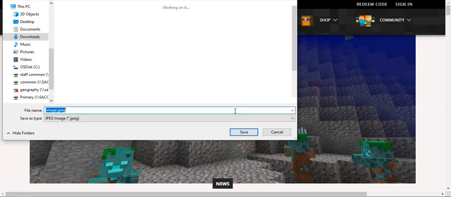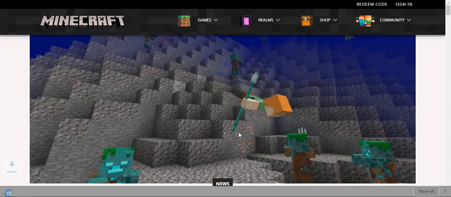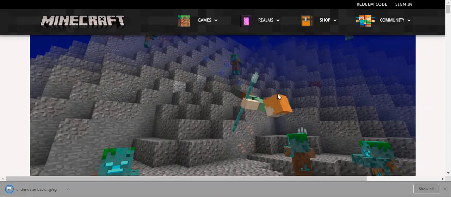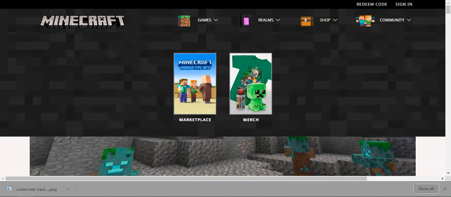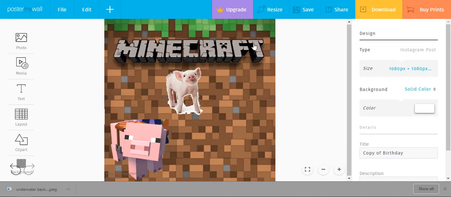Okay, and maybe give it a proper name. Underwater. Okay, click Save. All right, now once I've done that, I can go back to my project, other tab, and now I think,